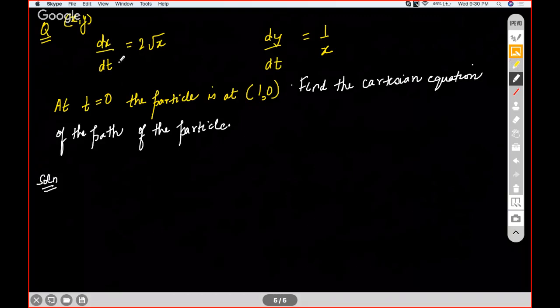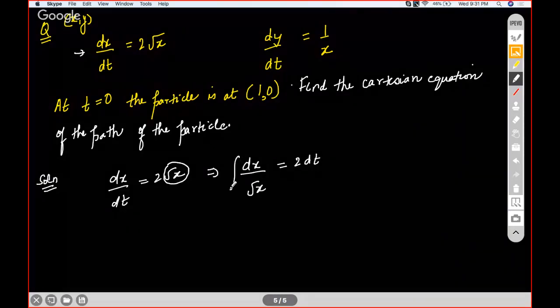Okay, now see how it works. First of all, focus on this term. Dx by dt is equal to 2 root x. Now, we will integrate, but by a method which we call separating the variables. So you bring root x along with dx like this, and dt you keep separate. Now you can integrate. What is the integration of this term, that is x to the power minus half? This of course will be 2t plus c. Now what is the integration of this? It will be